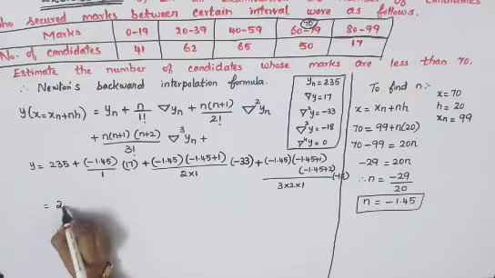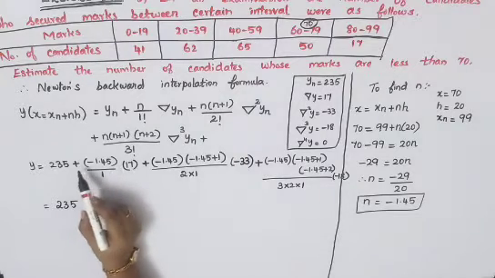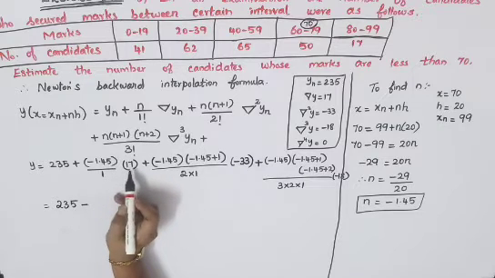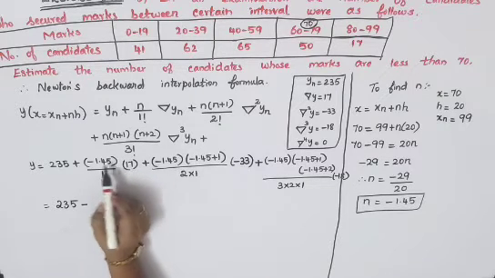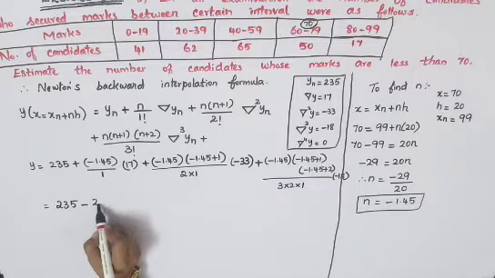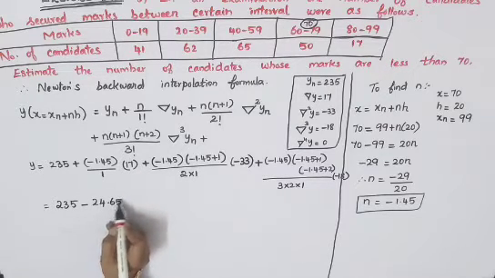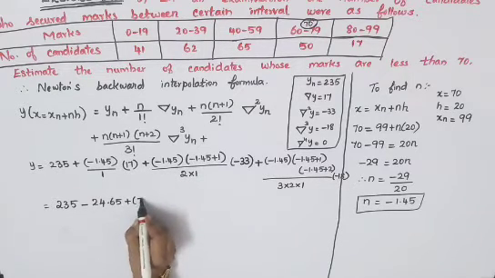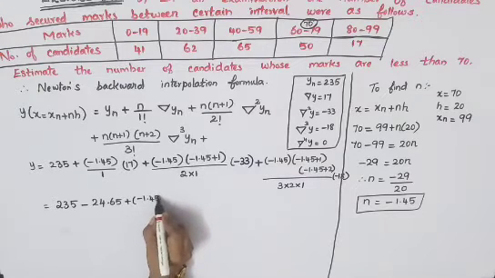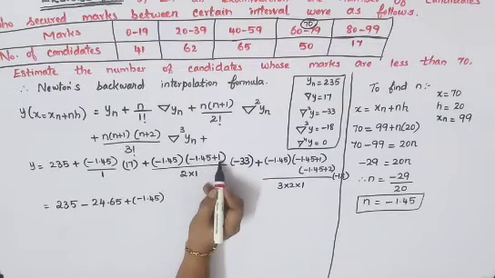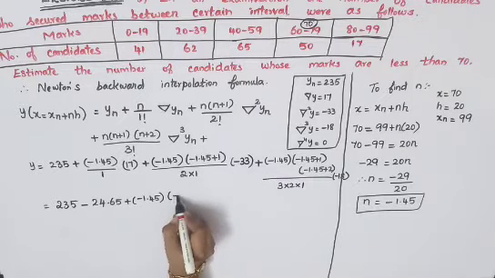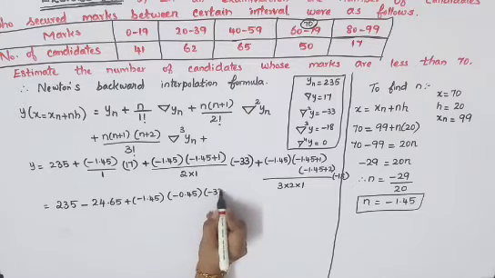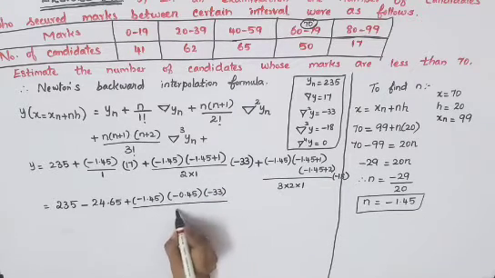So which is equal to 235. Here you will have to multiply plus into minus, so you can give minus here. 1.45 into 17 you will have to multiply. Just use your calculator, your answer will be 24.65. Then your next value, you have plus minus 1.45, and here minus 1.45 plus 1 is there. So when you subtract, you will get minus 0.45 into this minus 33 divided by 2. That is your third term.